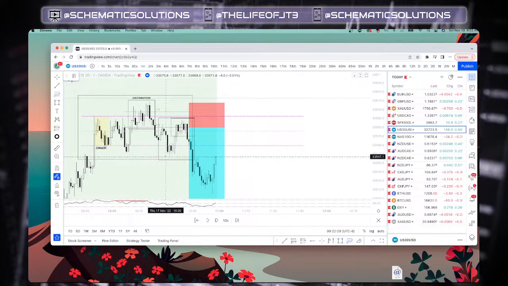So if we measure out this last drive here, 50 and 80%, looking for re-entries. Ideally. Now, if we measure out this last drive here, we see that 80% lands right beneath 50 and 80%, so there's not any crazy confluence, but we understand this